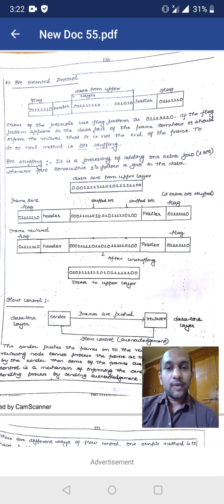That is, whenever there is a pattern the same as the flag pattern, we add one 0 to the data to avoid confusion between the flag and the original data. So this mechanism is known as bit stuffing.